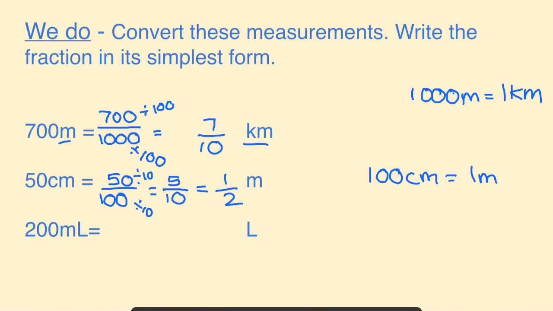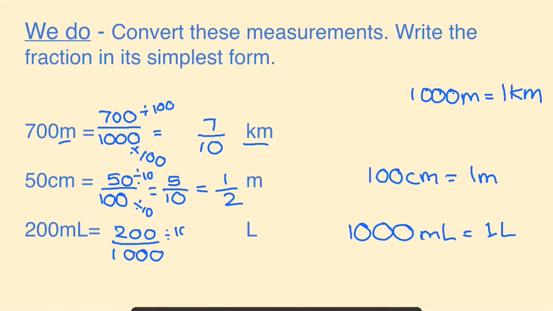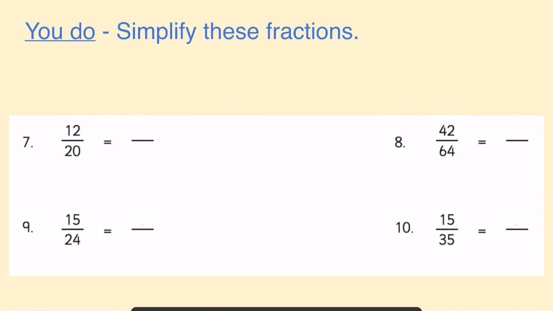Lastly, 200 milliliters. There are 1,000 milliliters in 1 liter. So I can think about 200 over 1,000 representing 200 milliliters out of a possible 1,000. Then, like I did in the first example, dividing both of those by 100 to make an equivalent fraction of 2 over 10. So 200 milliliters is equivalent to 2/10 of a liter. Lastly, let's have a look